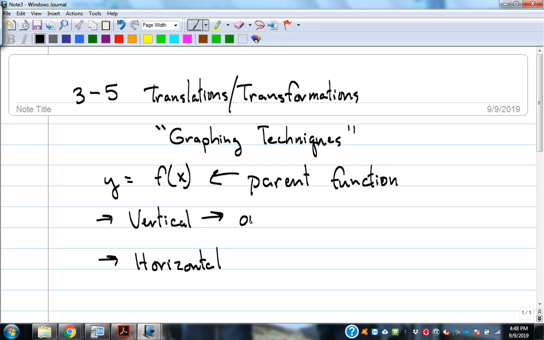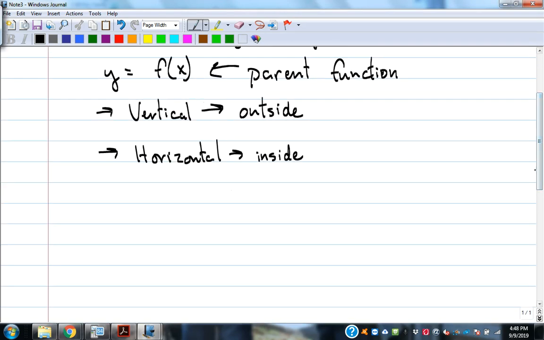Vertical movements happen on the outside. That'll help you remember this. Horizontal movements happen on the inside. Okay? Vertical movements happen on the outside. Horizontal movements happen on the inside. And as we go through these, you're going to see what I'm talking about as we talk about the general case. Okay? So let's take a vertical